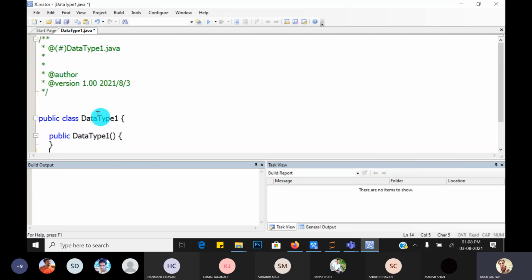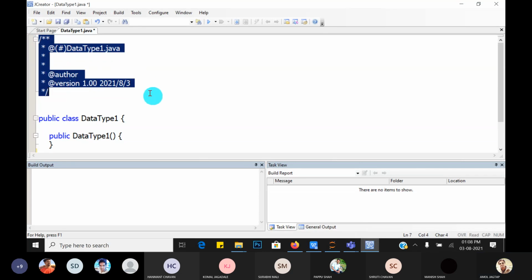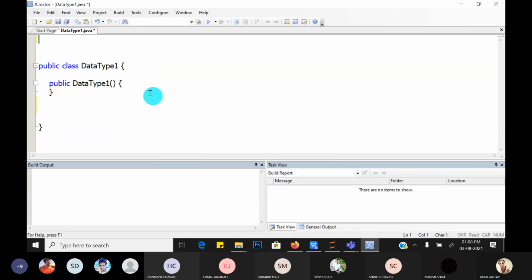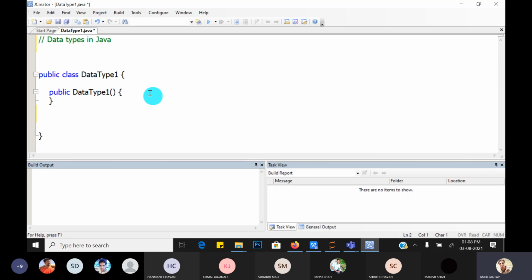Next, before explaining the different data types, we will first grasp the concepts of data types in Java. So basically in Java, data types are divided into two types.